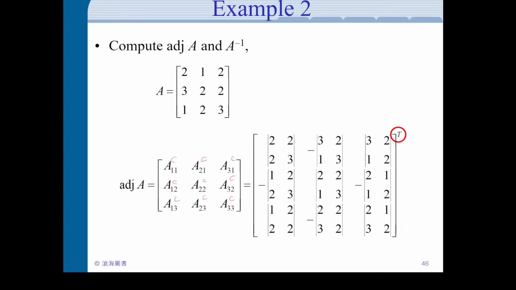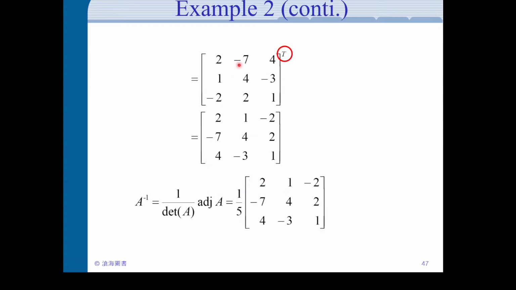Okay, so it's all AC here, and you have a cofactor of this one, which is the determinant of this matrix, etc. And say the cofactor of this thing is the determinant of this matrix, etc. So you have this huge adjoint matrix, and you see you have the minus sign on all those other elements, and then you calculate all the determinants here, and they become those things, and then finally you do the transpose, and